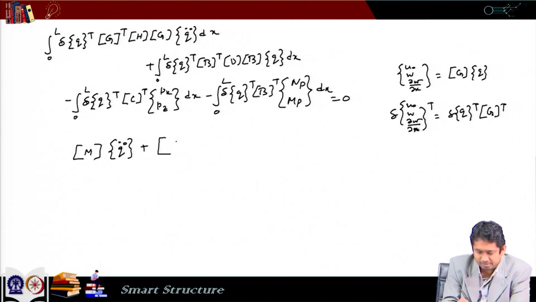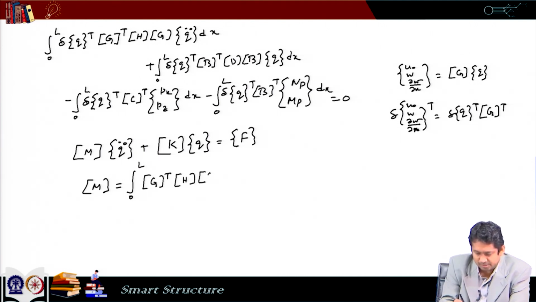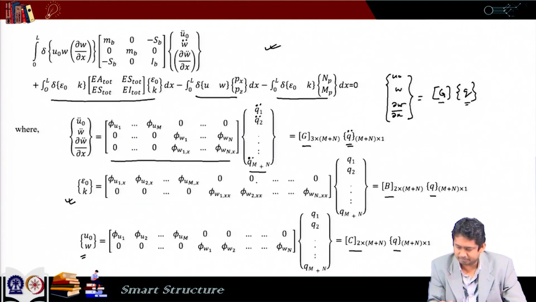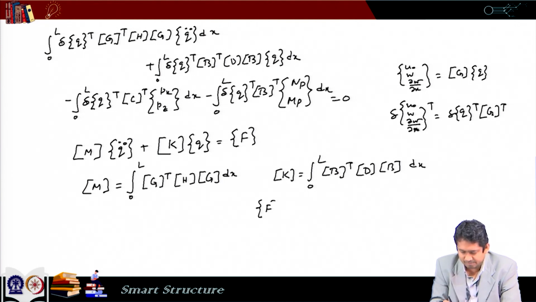M q double dot plus K q is equal to F, where M is the integral from 0 to L of G transpose H G dx, and then we have the K matrix, that is B transpose D B dx, and then we have the force vector as